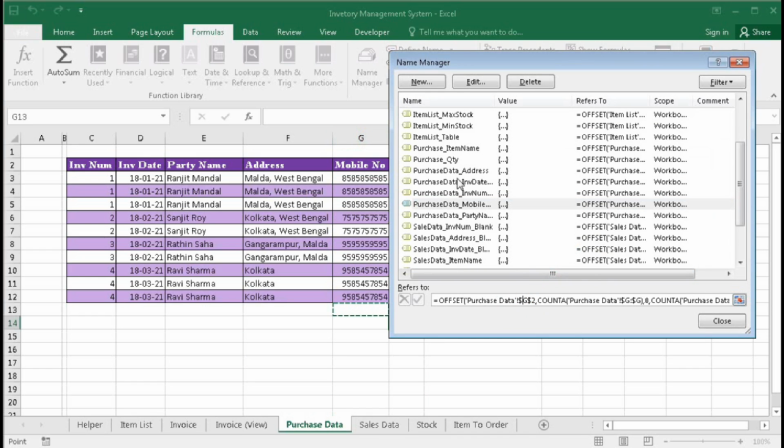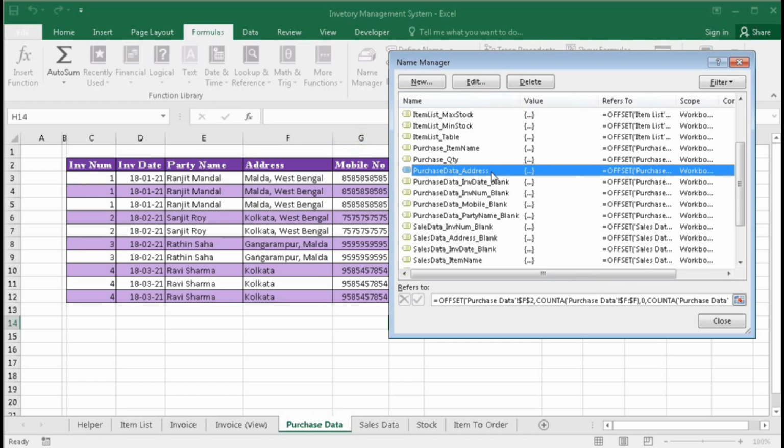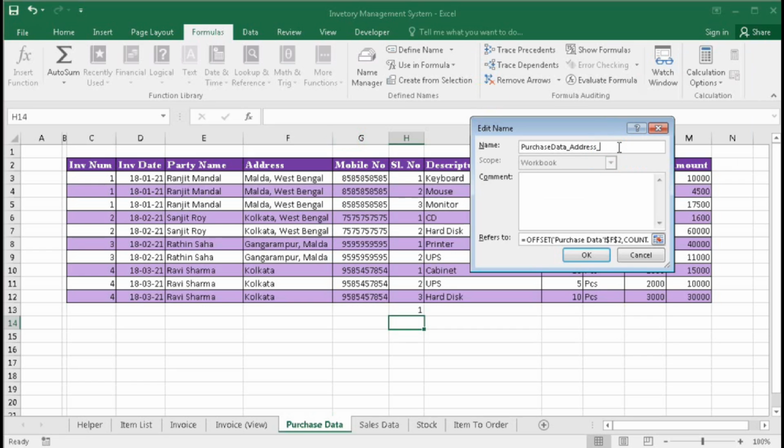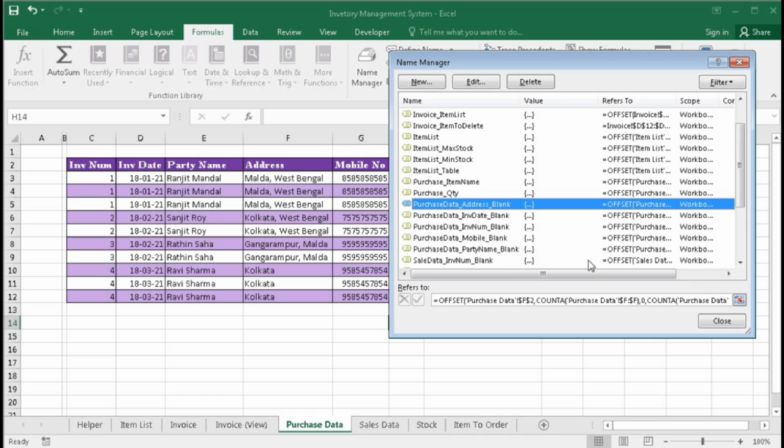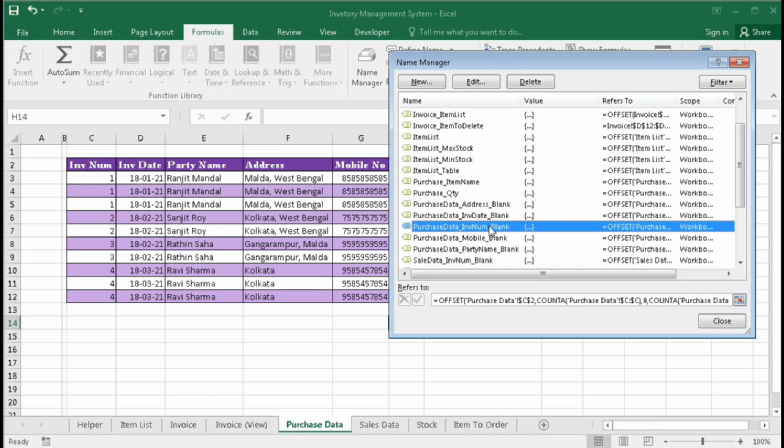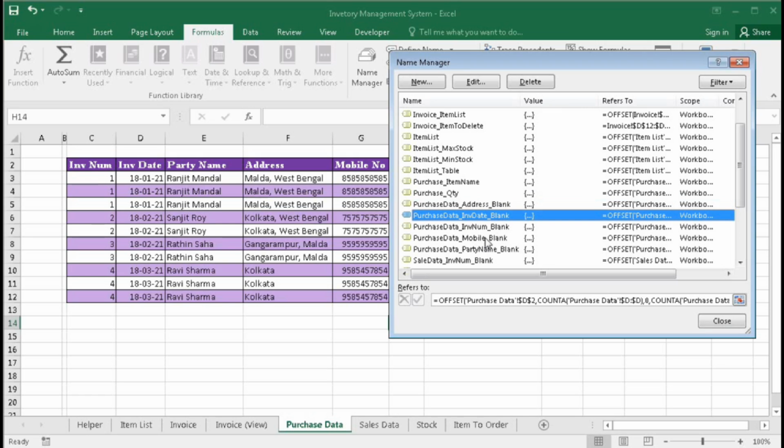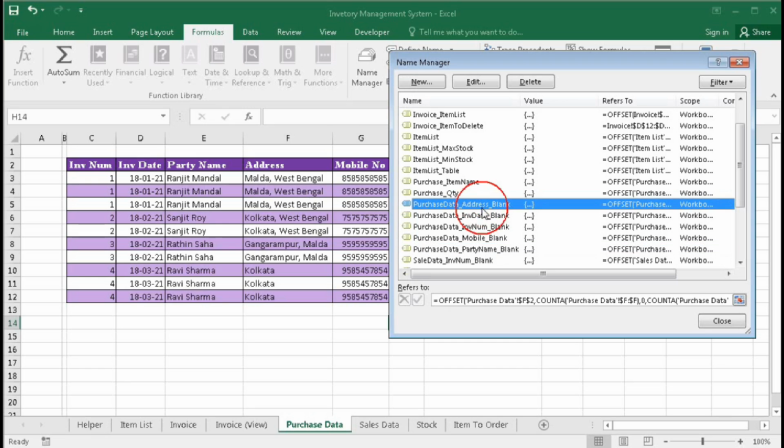Okay, so we have created all the names. You can see here purchase data address. So here I have not given the underscore blank. Okay, so invoice num blank, invoice date blank, party name blank, address blank, and mobile number blank.